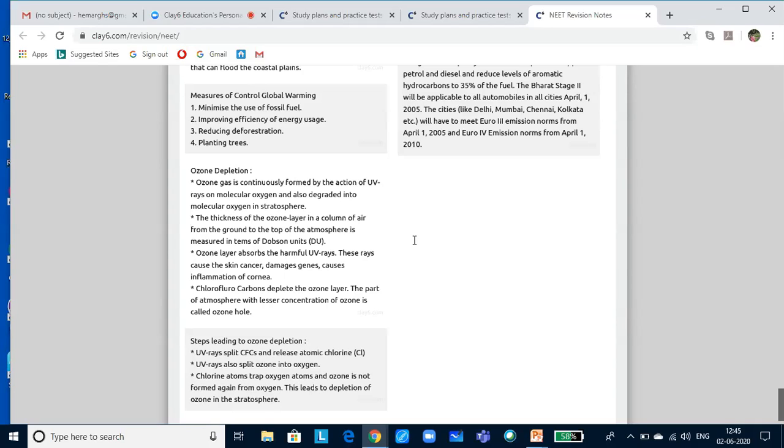So now we have realized that all these days what we were saying, that the ozone layer is getting depleted, there is an ozone hole. Now because of this COVID pandemic, the whole world has come to a standstill, as a result of which you find that the earth is